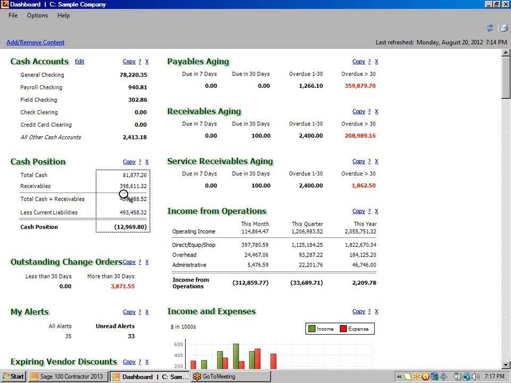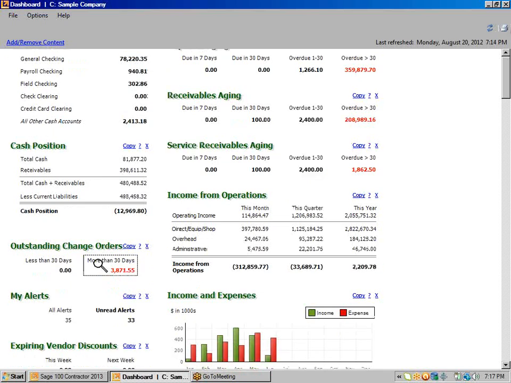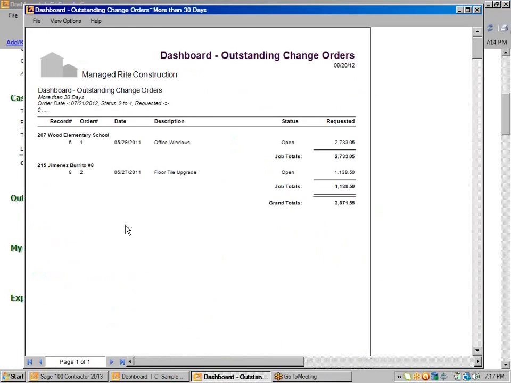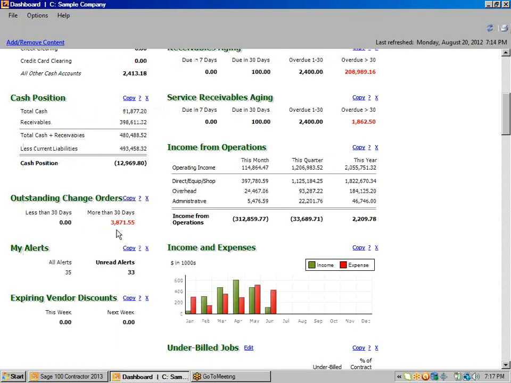reconfiguring it. As I hover over the items, you'll see that we've got drill down with the magnifying glass. So you can drill down on any of the items where the magnifying glass appears. We've got outstanding change orders, and I'm going to scroll down. Again, you can drill down. This is going to take you to a change order list, and you can continue to drill down to get to the actual change order. I'll close this